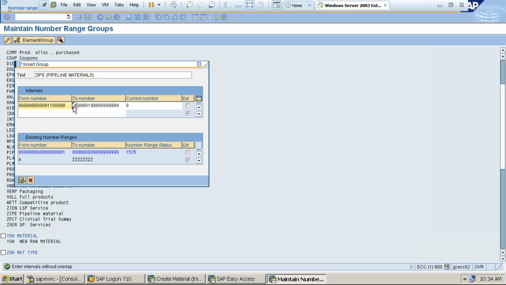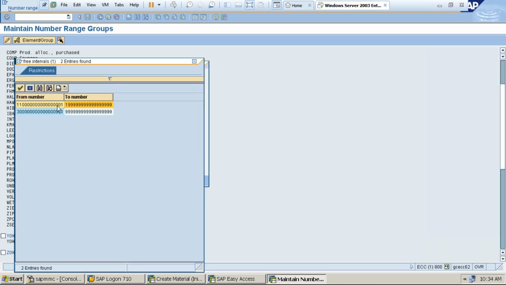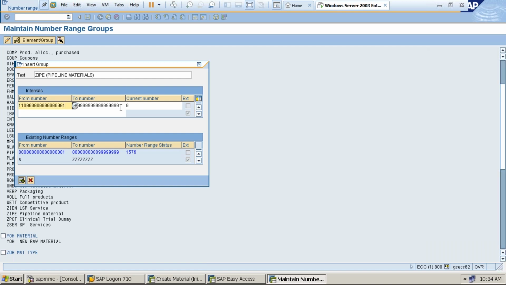Okay, so overlapping again. So I take this. How many digits? 1, 2, 3, 4... 18. SAP has given Material Master 18 digits maximum, not more than 18. Here, 1, 2, 3, 4, 5, 6, 7, 8, 9, 10, 11, 12, 13, 14, 15, 16, 17, 18. Okay, so we don't make this a very big number. So we are reducing it to some extent.